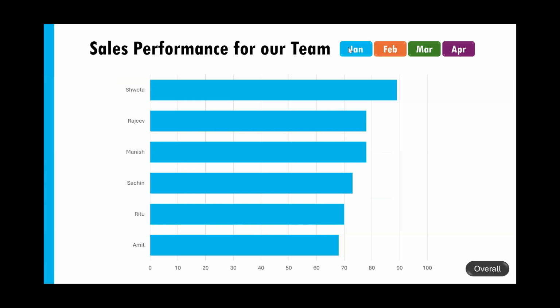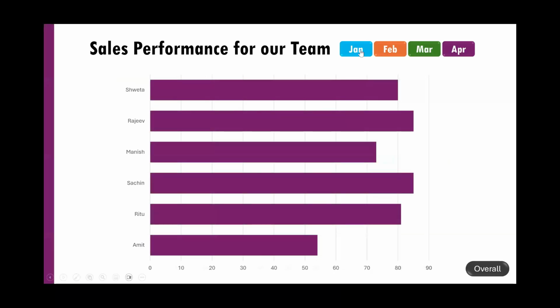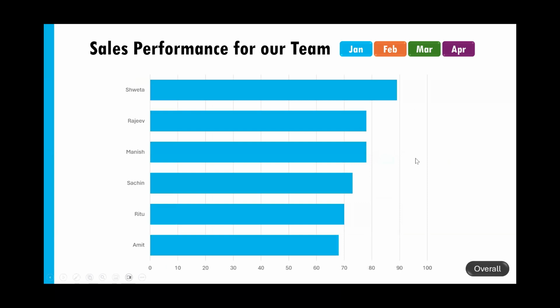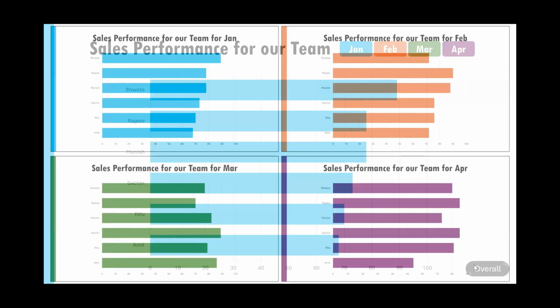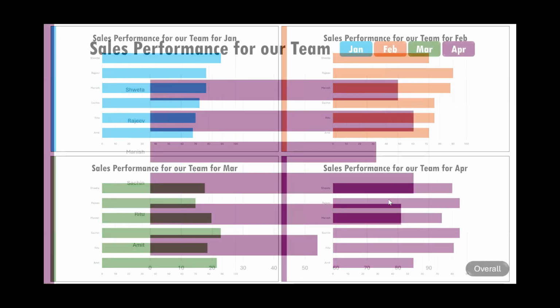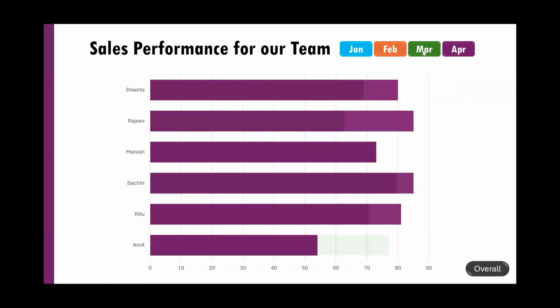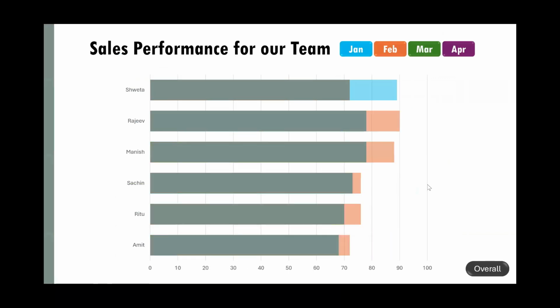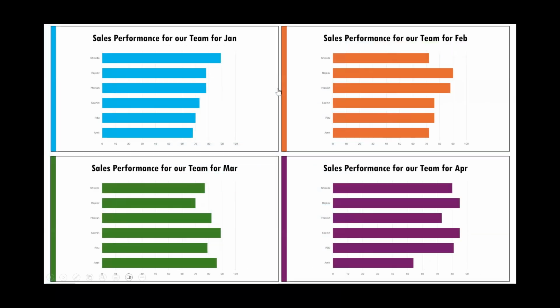Let us go with the Jan, Feb, March, April. At any point of time, if I wanted to go to overall, let us go to overall. Let us go to this part again. So March, Feb, Jan, overall. Now at this point of time, the challenging part is